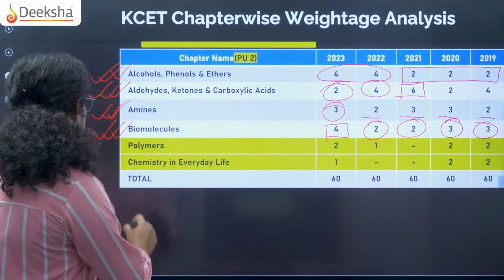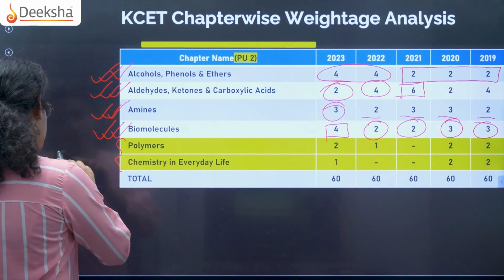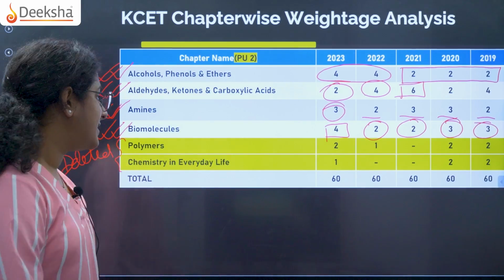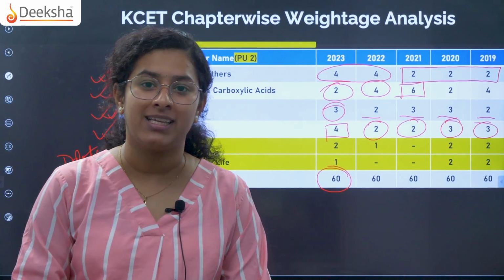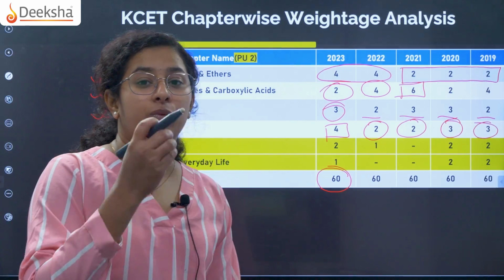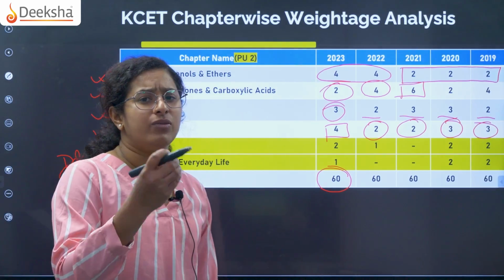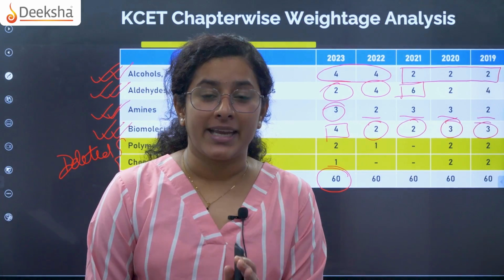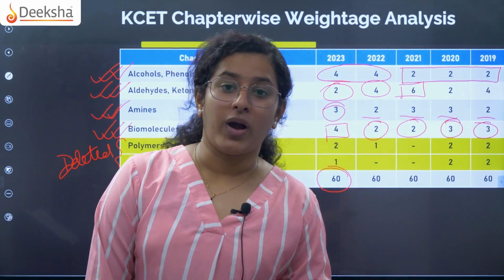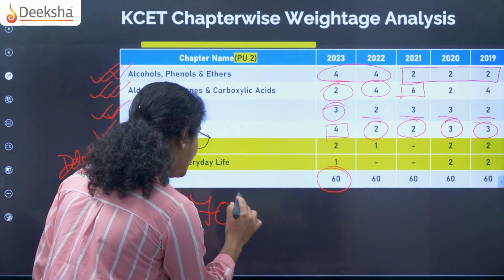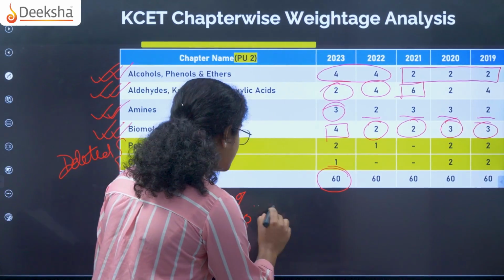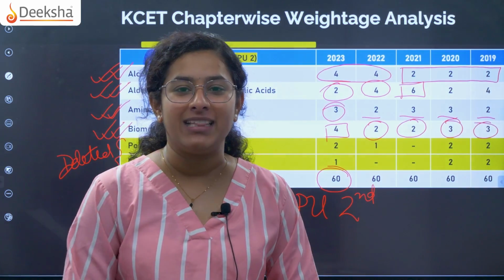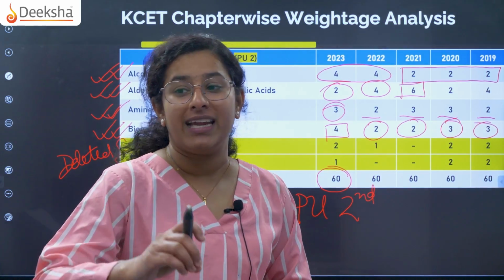Then comes polymers and chemistry in everyday life. Don't go for that because it's already deleted from your NCERT. And you will get a total of 60 questions. You have to solve these 60 questions within 80 minutes. You have enough time, which means you will get more than 1 minute for each question. So remember, you have to prioritize second PU chapters over first PU chapters. Why? Because 65 to 70% of questions will be from your second PU. That is the thing. I hope this video will be helpful for you in the last lap of your